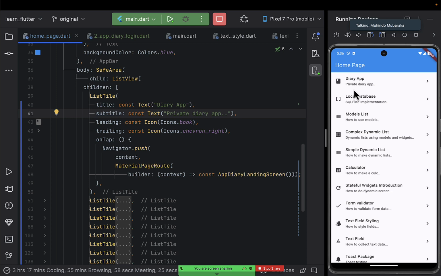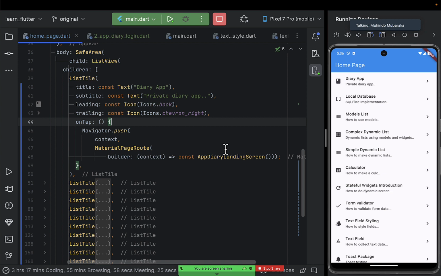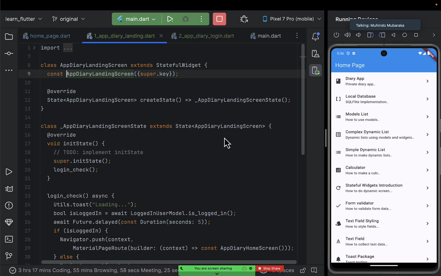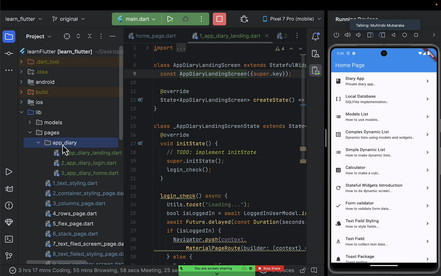Okay, so this is the application. When I tap on it, as you can see here, the on tap listener will take you to the app diary landing screen. When I press Ctrl and click on this landing screen, I'll see it is nothing but a screen. This is the file of the app diary, the application diary. So we'll be able to build many things. We'll build a diary, we'll build a news application. We'll build so many applications that we'll be using for practicing, so that we can understand how to make use of this